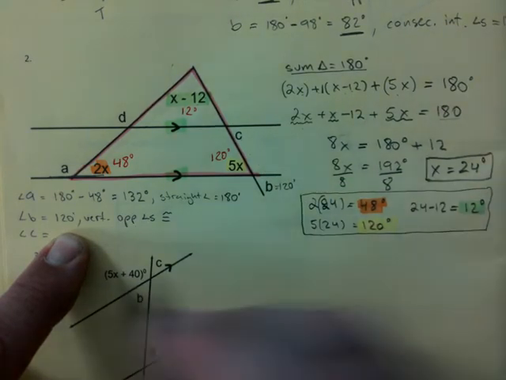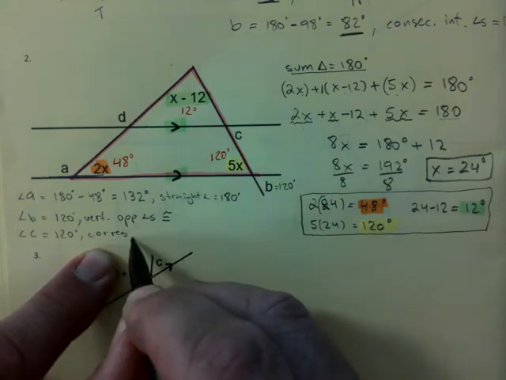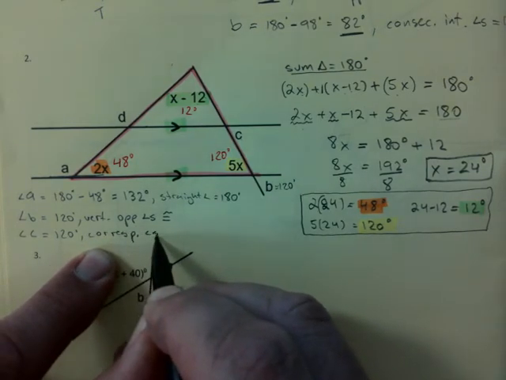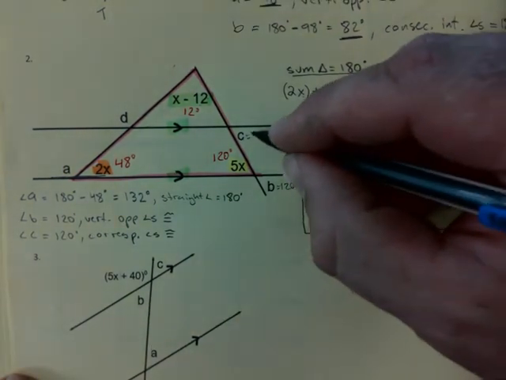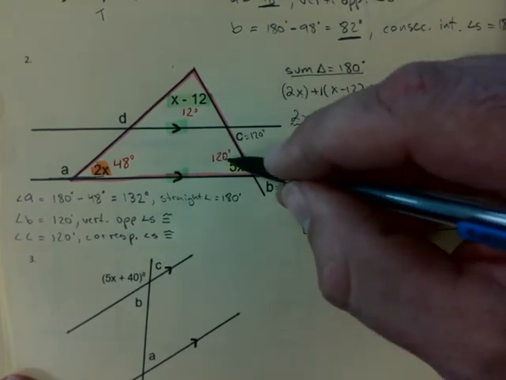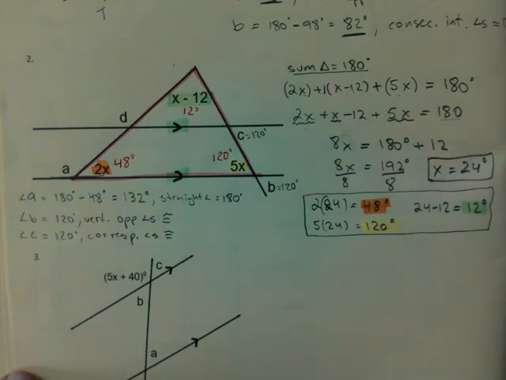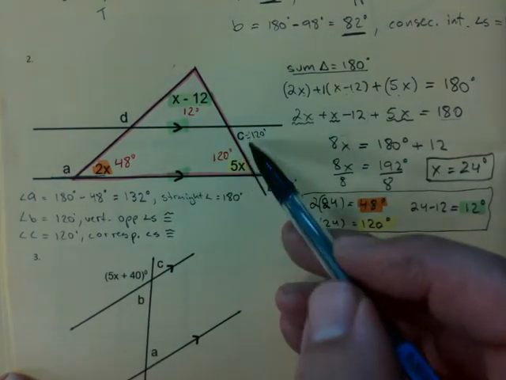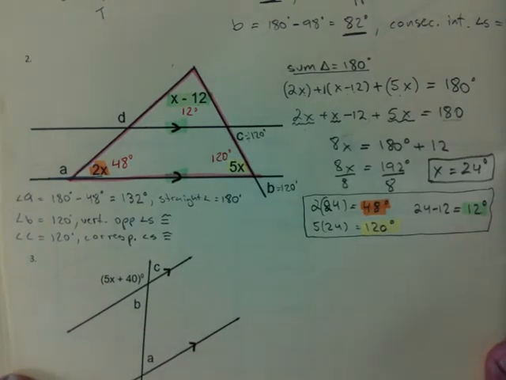corresponding, right? So I know that this is 120, and I just say corresponding angles are also congruent. So now I know that this is 120, right? Hey, look, alternate interior are also congruent. So that's kind of checking out, right? It should be that way, right? These two are alternate interior. They are congruent, right? D,